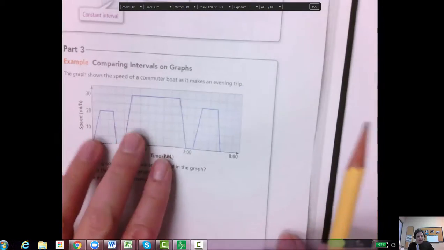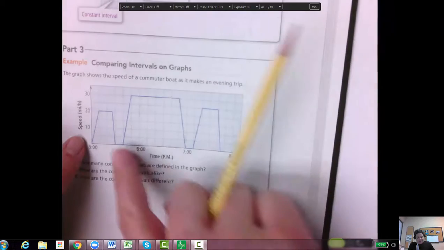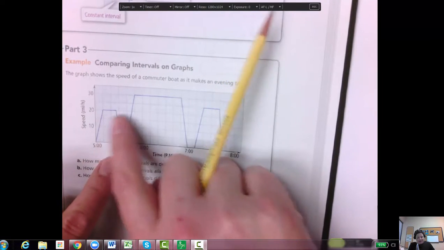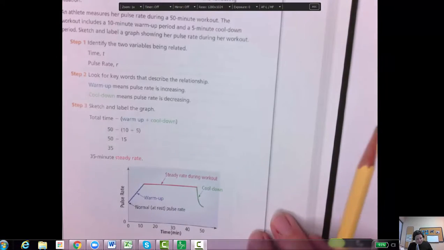And then we looked at different intervals of time where it's rising, flat, or constant, and decreasing, and things like that in the last section. And then this 7.6 is like sketching from maybe a word problem. So my first example here